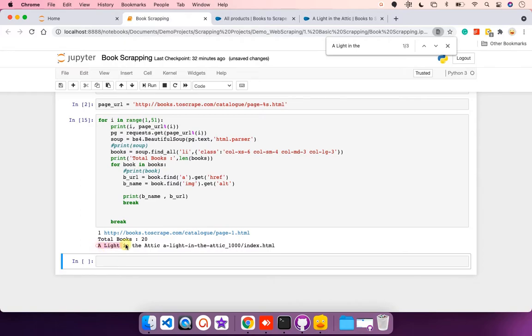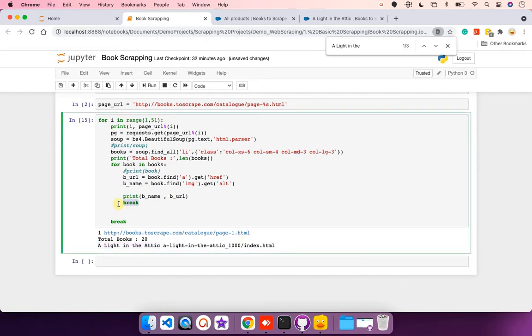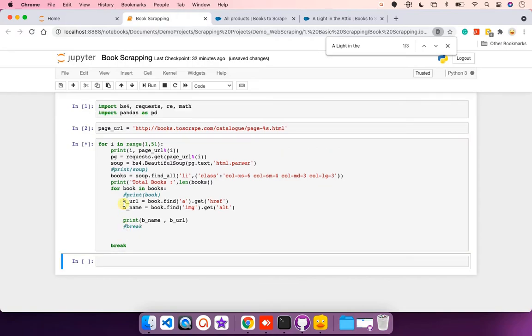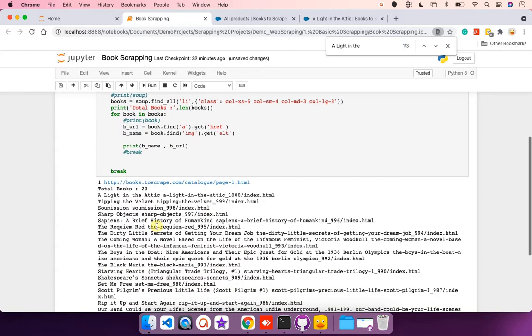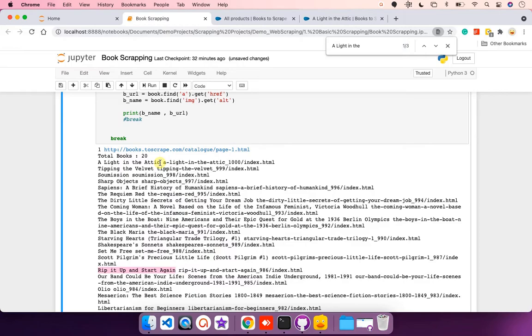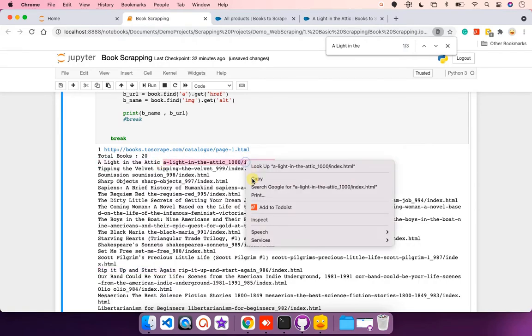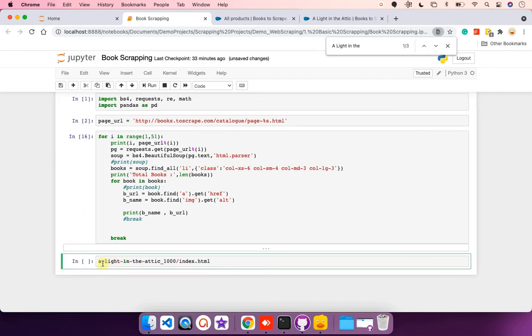This is my book name followed by book URL. Now I will comment my break statement to check if this code runs for other iterations also. And you can see there are 20 book names with partial URL. So this is partial URL.